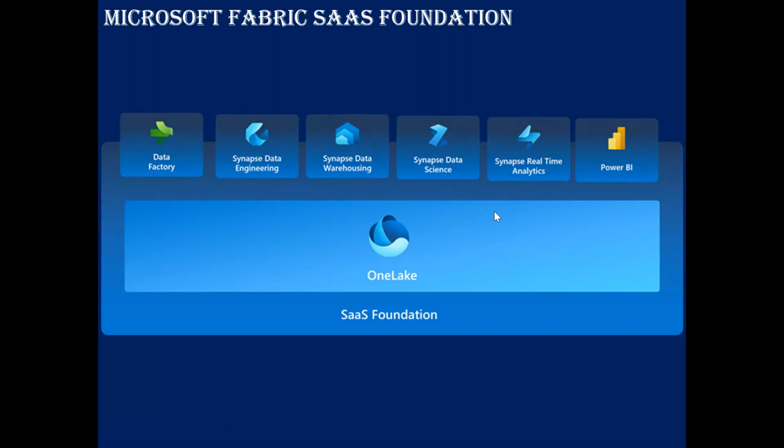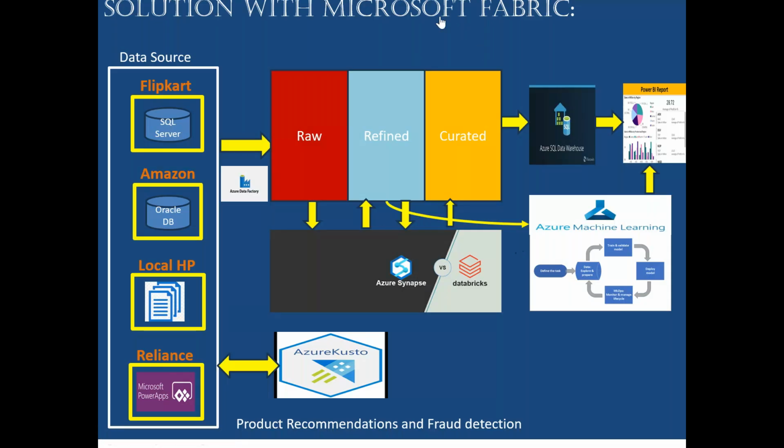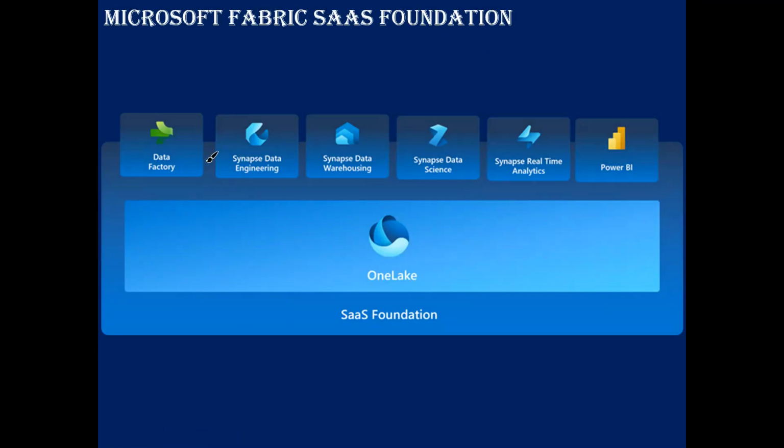these are the 6 we discussed, but we forgot to discuss one more thing here. What is this raw, refined, curated? This is a storage account. So we are also using a storage account. Data Factory is 1, this is 2, this is 3, 4, 5, 6, and 7 is coming now, right? So you see here also 7 will be there: Data Factory, Databricks or Synapse notebooks, data warehouse, machine learning, Kusto database, Power BI for reporting. Storage is nothing but OneLake.